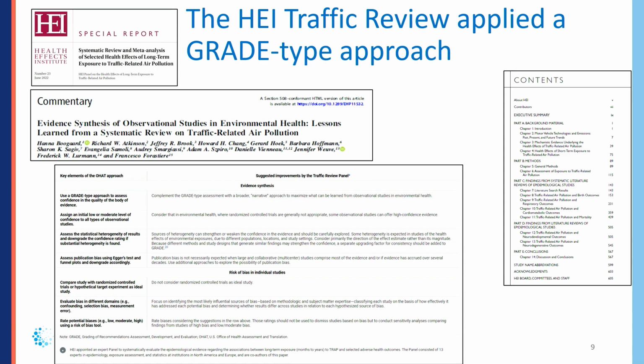So the HEI review panel decided to modify the initial assessment of observational studies because they are the only ones that are possible to study air pollution health effects and are not necessarily of low quality, and also to modify certain